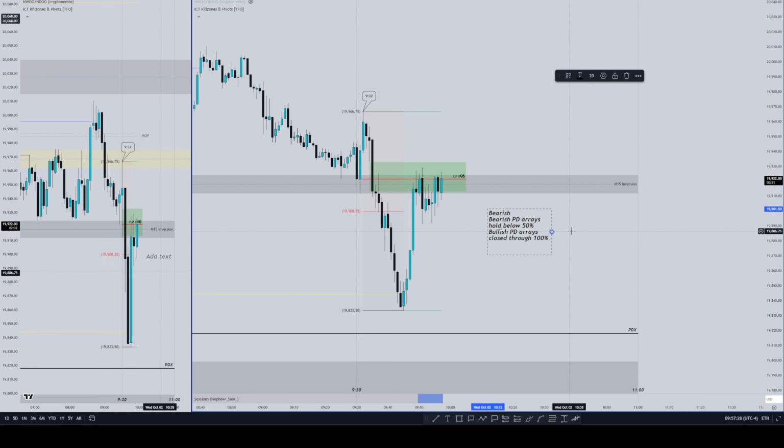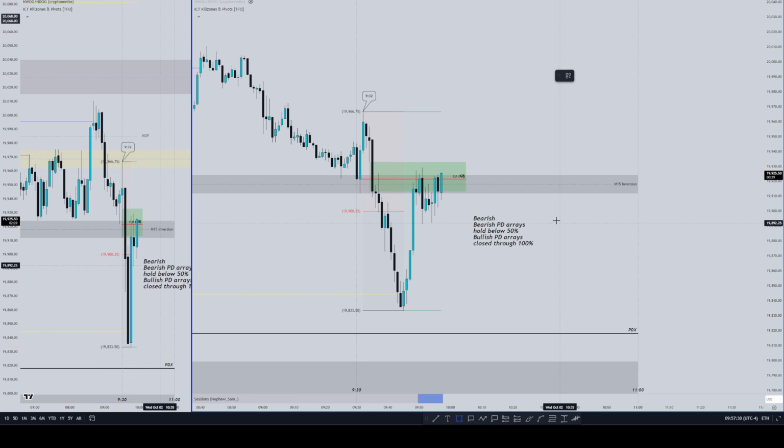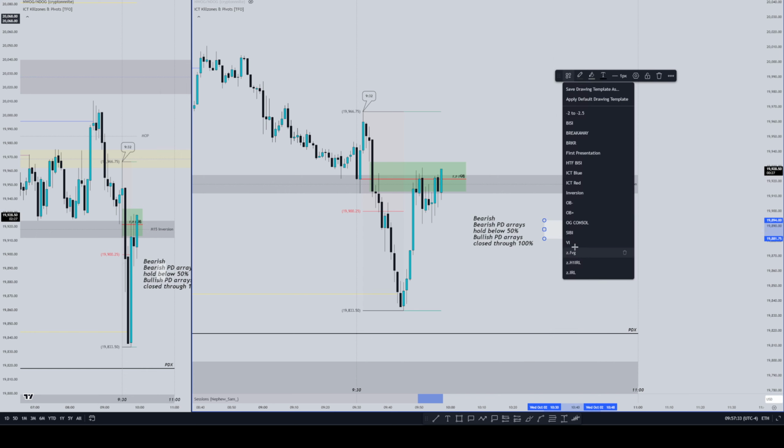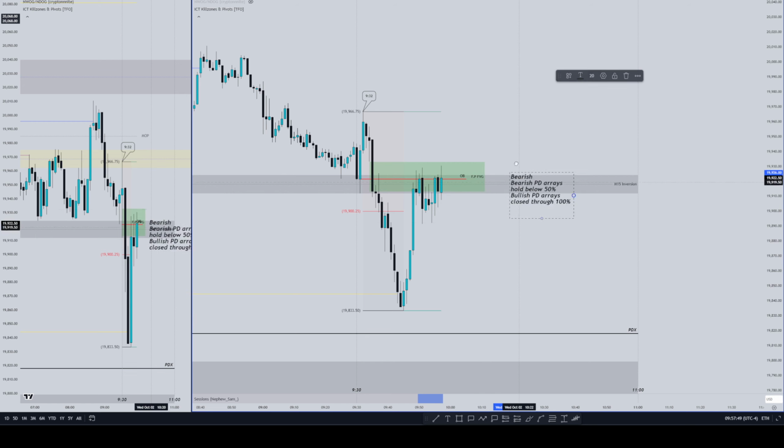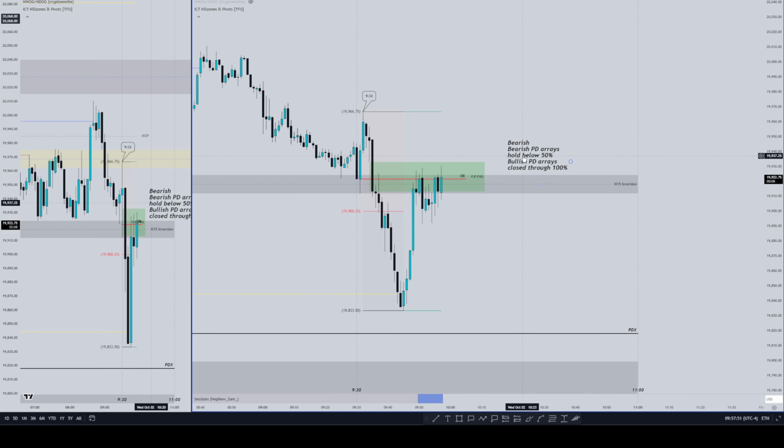Okay, so that means if we have a SIBI in the market, we should be holding 50% of that and then trading lower. And if we have a bullish BISI or an order block, something like that, we should be closing all the way below that. That's pretty common, but in case you just wanted a really clear explanation, that's what you're constantly looking for, especially